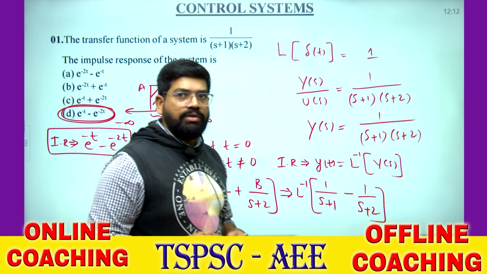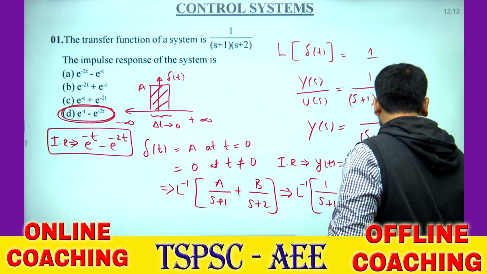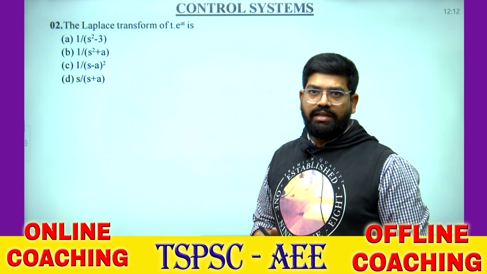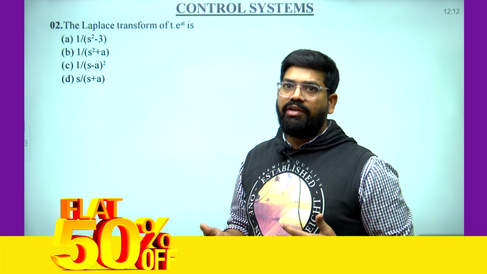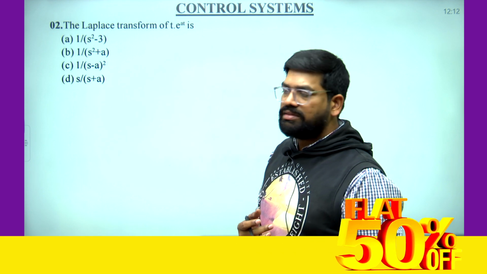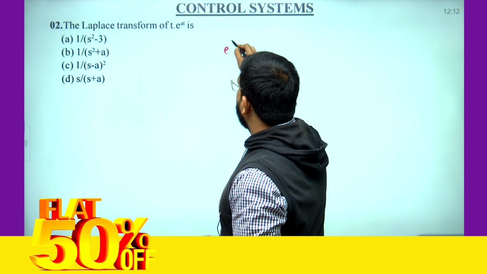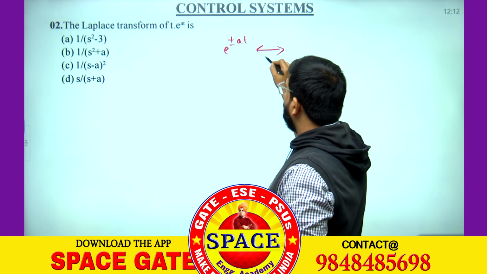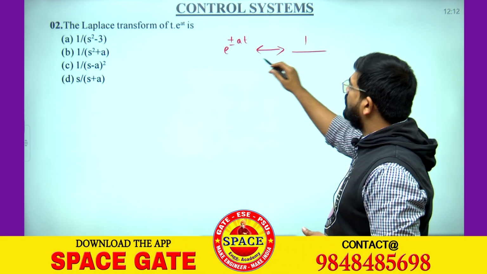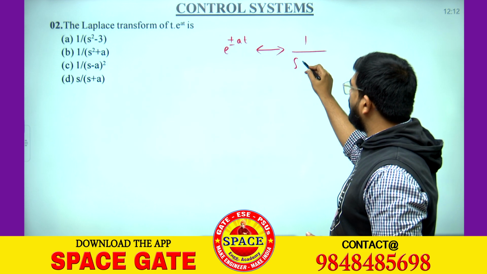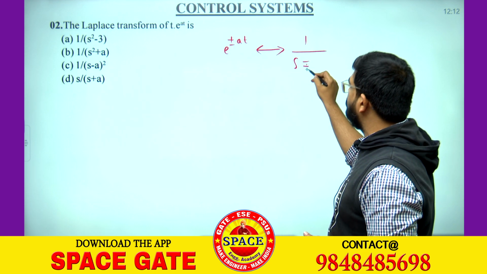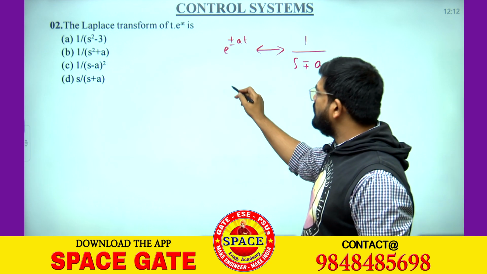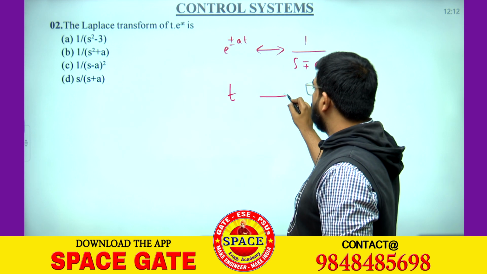Now move on to the next question. What is the Laplace transform of t e power at? Sometimes they give questions even on basic standard transform pairs. E power plus or minus at: what is its Laplace transform? If plus is there, we get minus; if minus is there, we get plus. So 1 by (s minus or plus a). If t is there, what we write means we write it as